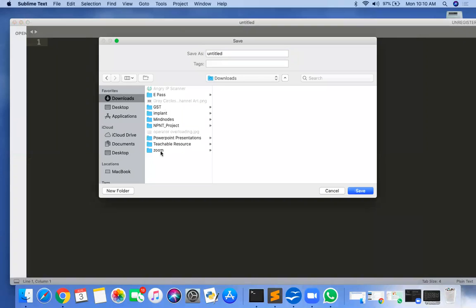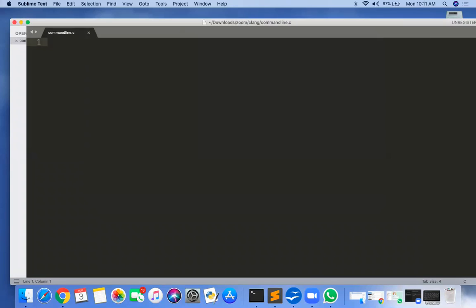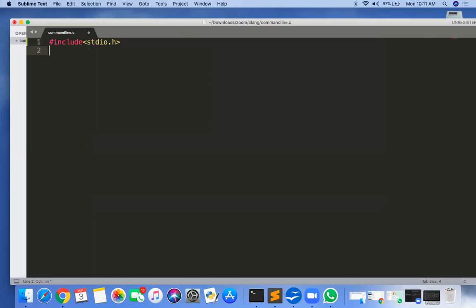In that program, we will try to implement the command line argument. I'm saving the program as command line dot c. This is just the name of my program. My program starts with hash include stdio.h, and then next is the main function. Now for the main function we know return 0, but if you want to use the command line argument,